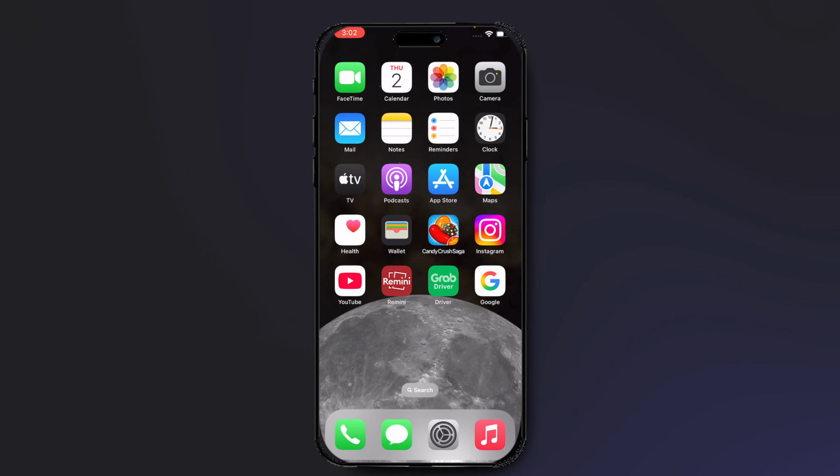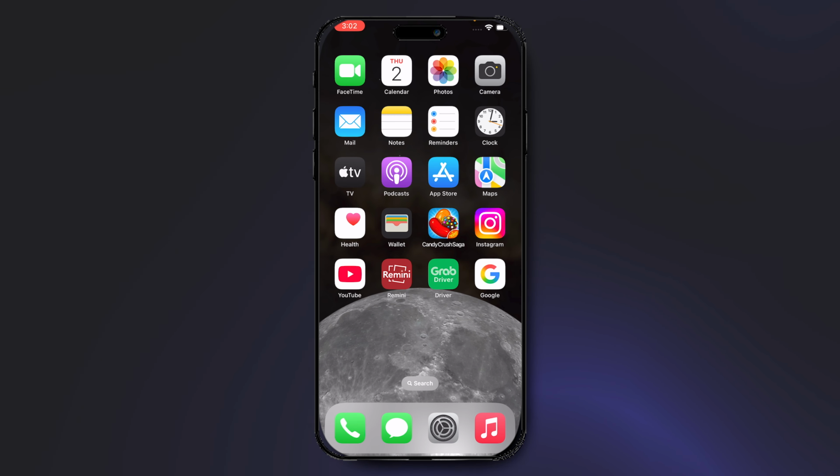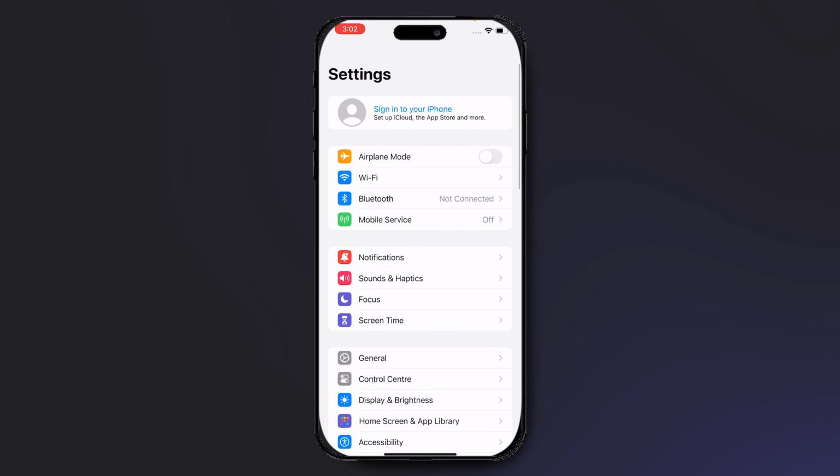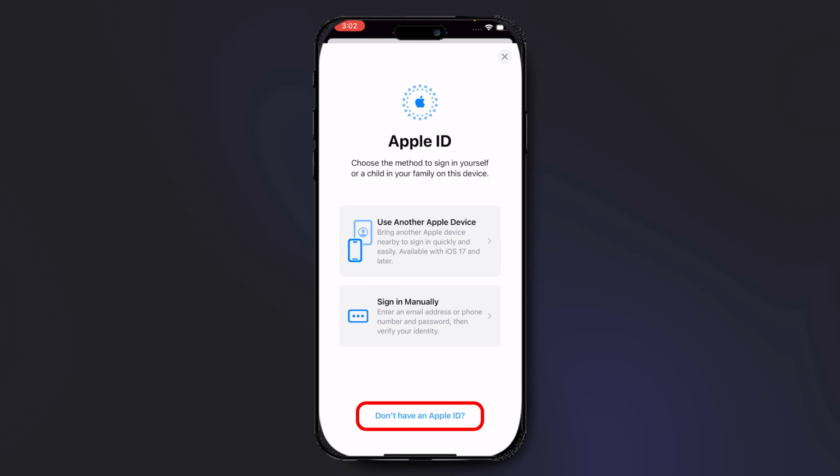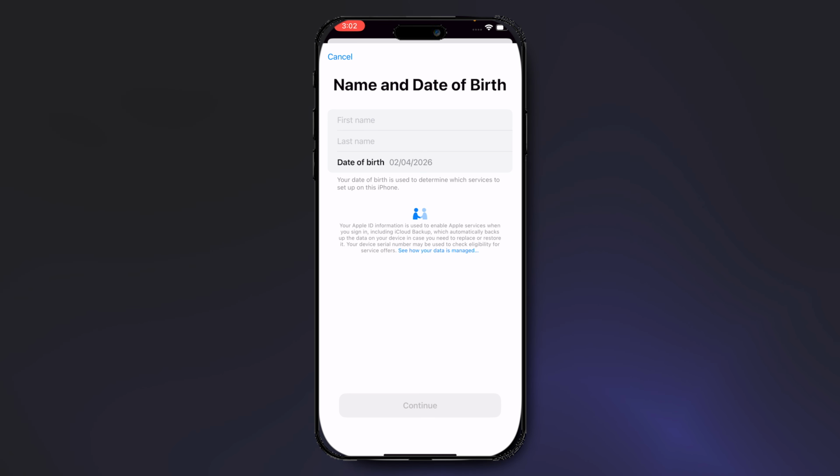In this video, I'm going to show you how to create a new Apple ID. Okay, at first, open your settings and click on sign into your iPhone and click on don't have an Apple ID. Now quickly fill these details